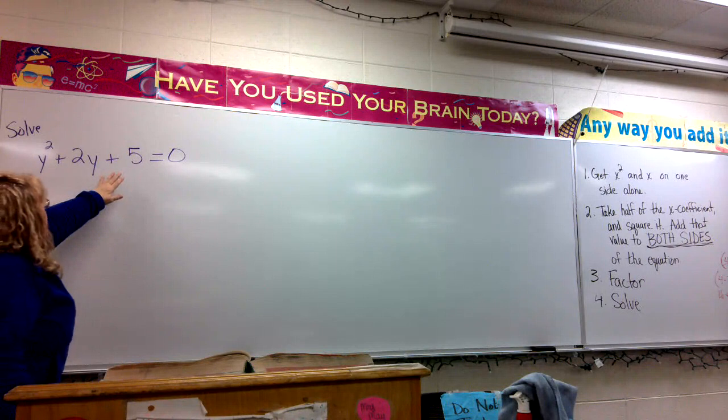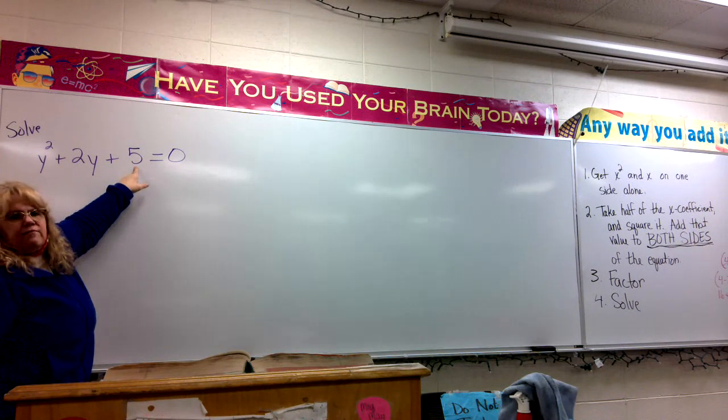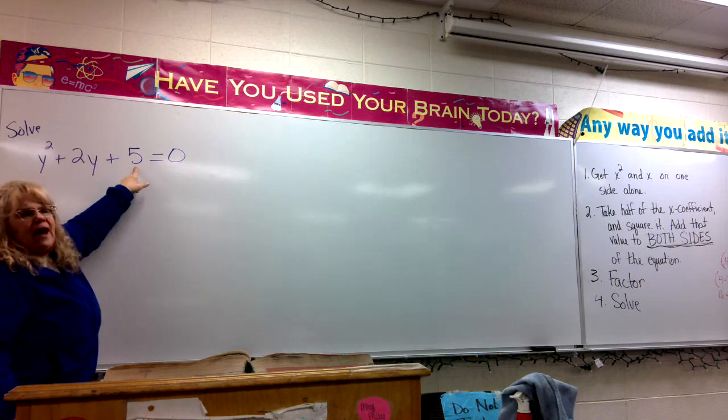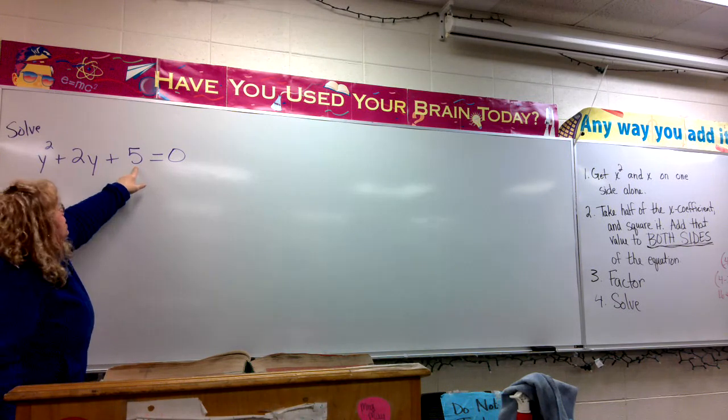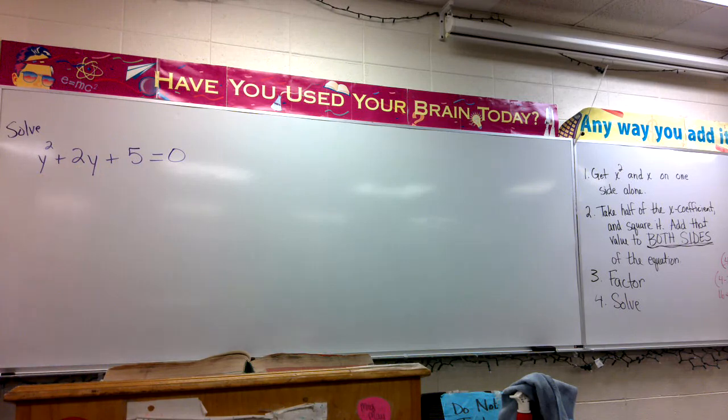But this one, 5 only has multiples of 1 and 5. Factors of 1 and 5, and that won't add up to 2. So factoring wouldn't work for this one. So the other method, completing the square. Now, I don't know if you noticed yesterday, all of the problems that I assigned you yesterday,